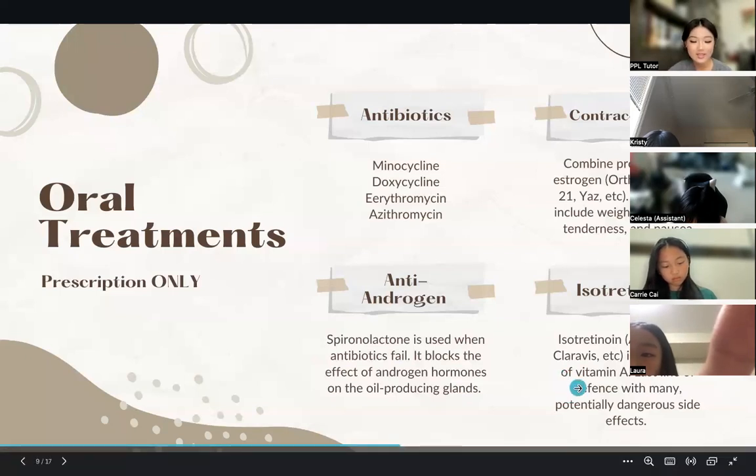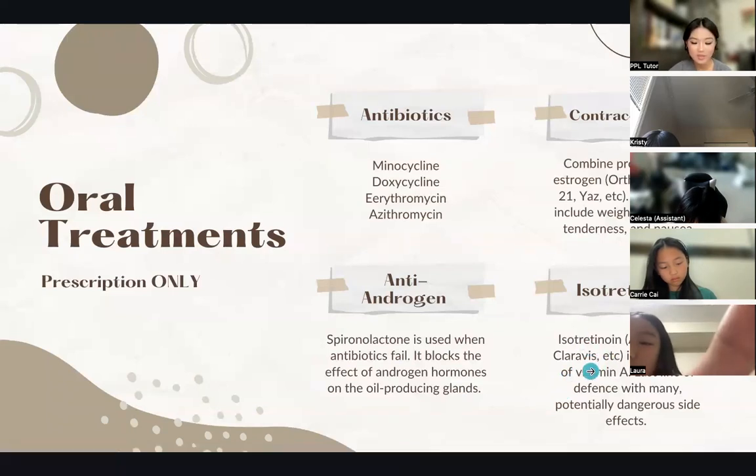So it's a derivative of vitamin A. There are many available brands on the market, some forms of isotretinoin, but it has many potentially dangerous side effects and long-lasting side effects. What's the most interesting thing of all is that isotretinoin is the most effective out of the four, but it also has the most side effects. Some side effects include permanent muscle and joint issues, liver damage, and dry eyes, dry mouth, and then dry skin, obviously.